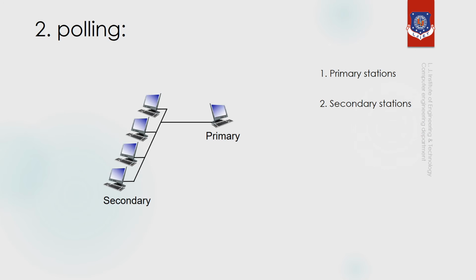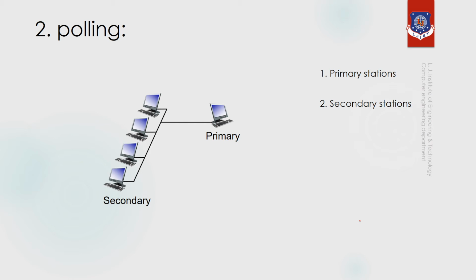Okay, the second method is the polling method. In the polling method, all the devices that are connected in the network are divided into two categories. The first is called primary stations and the second is called secondary stations. All the data exchanges are made through the primary stations,